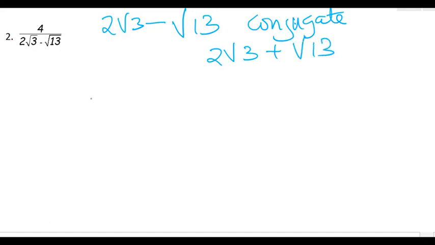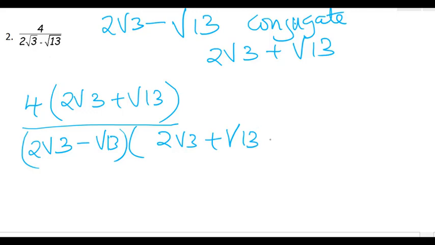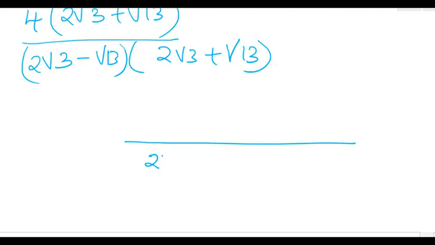We multiply the numerator and the denominator by this conjugate, and we're going to get 4 multiplied by the conjugate, 2 root 3 plus root of 13, over 2 root 3 minus root 13 multiplied by 2 root 3 plus root 13, and this one will give us 2 root 3 squared minus root of 13 squared,